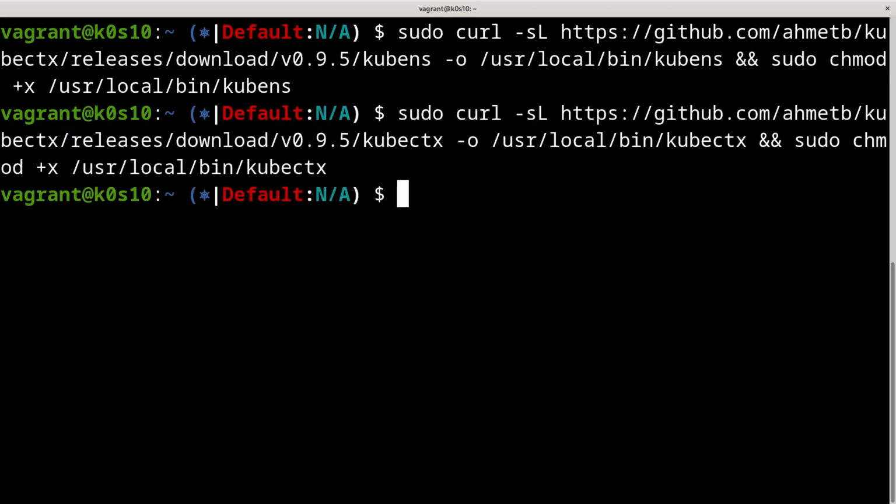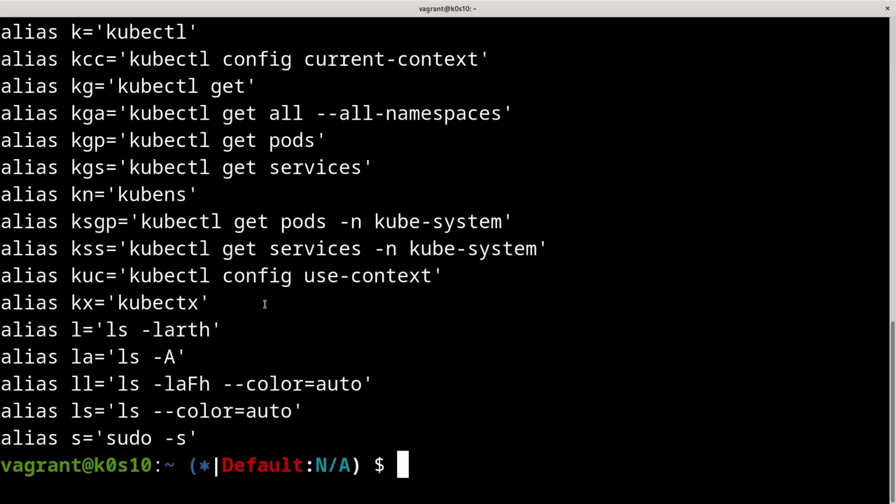And now we can check if we already did that. If we check alias here, in our aliases we already have kx, sorry, for kubectx, and kn for kubens.